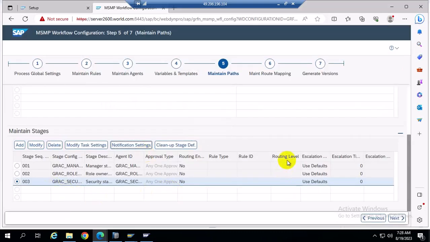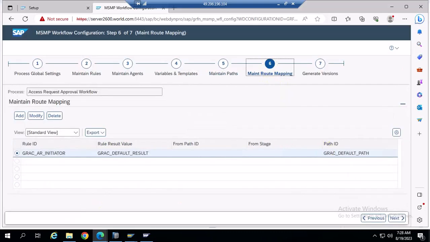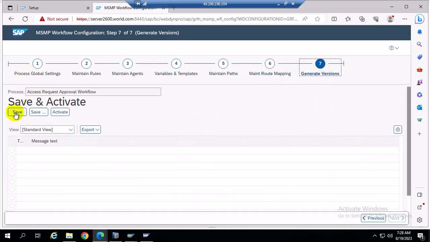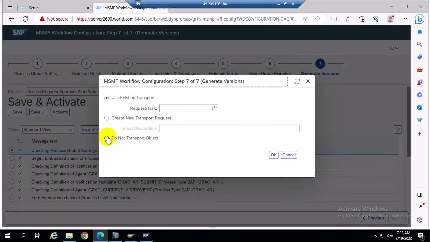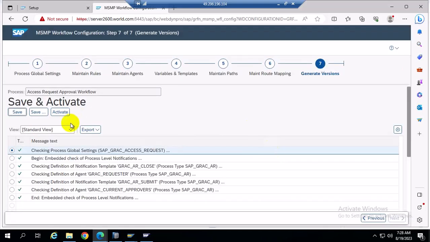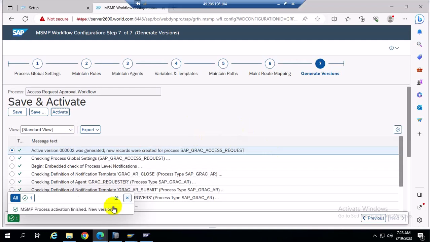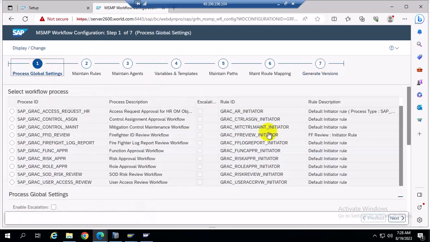So as soon as that is completed, since we have a default initiator and default rule result, there is no change. We are just configuring the standard. You will see the difference in the next scenario. Just wait for a while. So the MSN path new version is generated. As soon as my workflow has been configured,